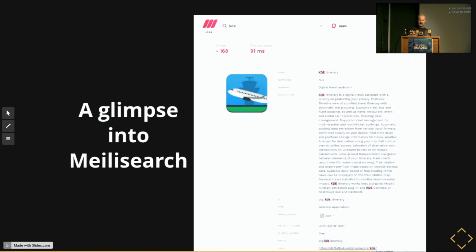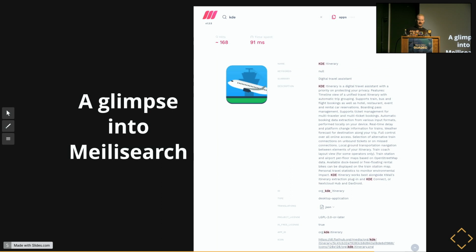So to give you a little glimpse of Meilisearch, this is a search I did on the front end. You can see that we have multiple data points in there which are searchable, and we're weighting those by a factor. So some stuff is more important than other stuff. It's also kind of important to have words early on, so words early in your description also increase rating when they're searched for.